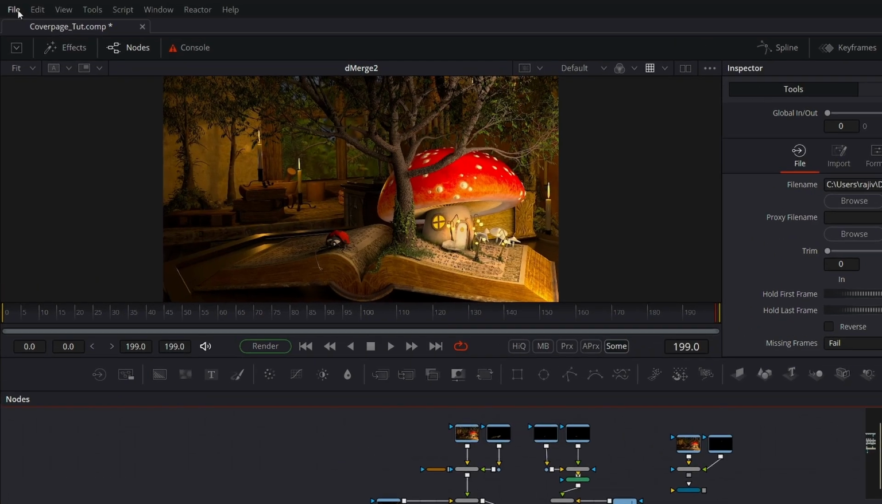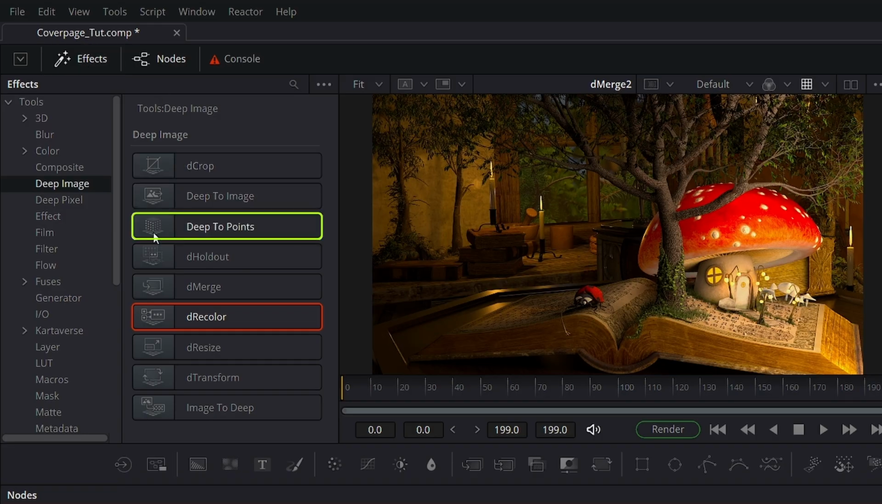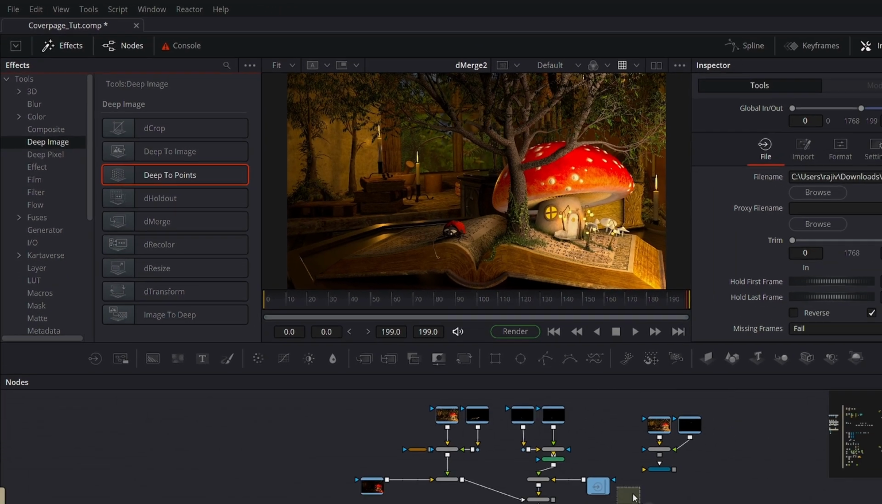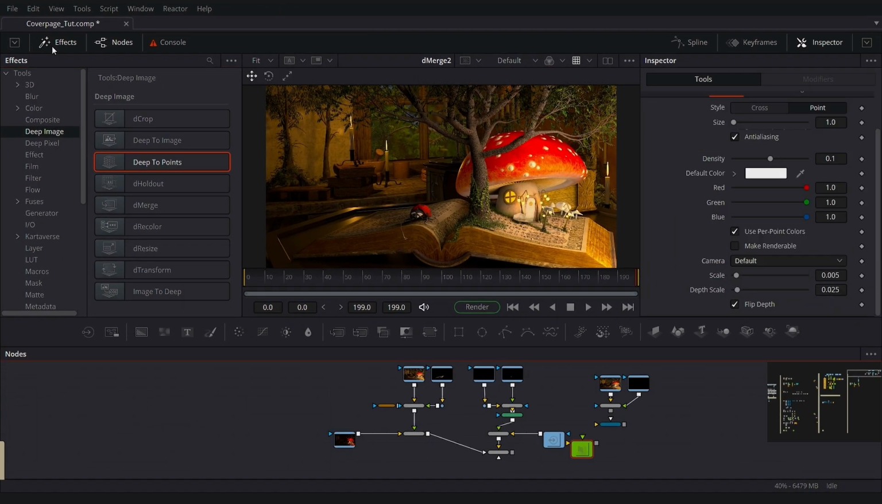Now, the next node that we're going to look at is the DeepToPoints node. And I've shown a similar technique in the previous tutorial on deep pixel compositing. This is very simple to use, as here we don't even need to write expressions or invert the position pass and then use particles and spread them as a point cloud using the position pass and expressions. No, here we bypass all of that. So let's go over to Effects. We're going to select the DeepToPoints node, drag and drop it into the viewer, and we're going to hide the